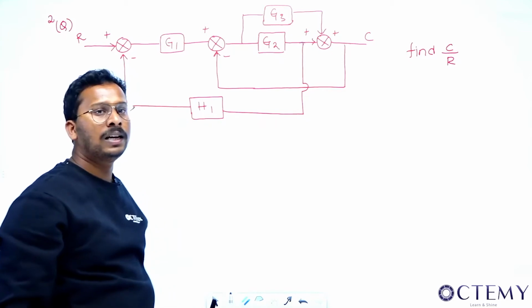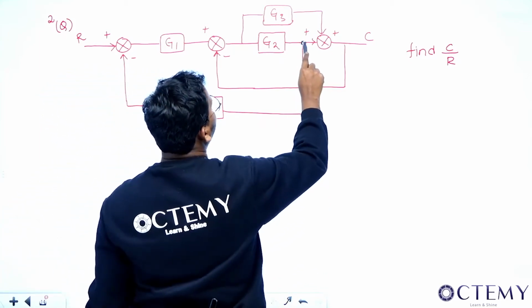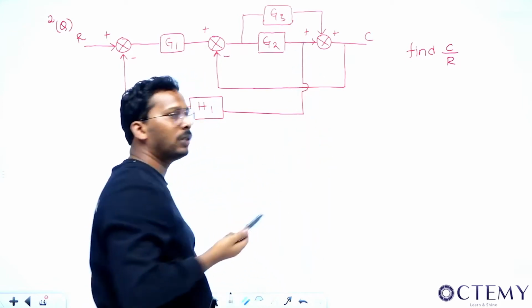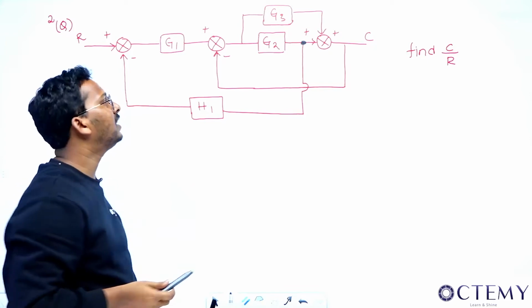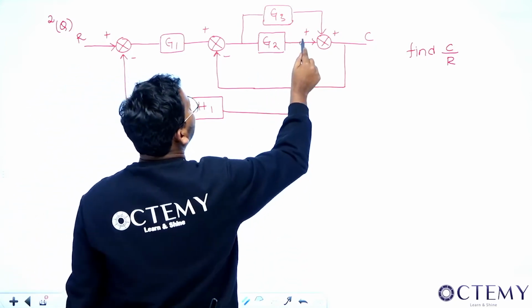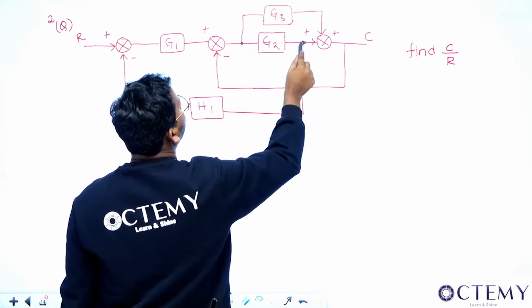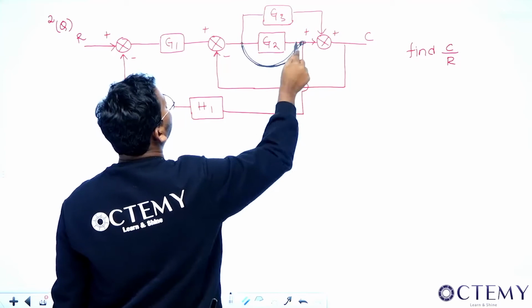Right? I told you in the rules the 7th point, sir. That is interchanging your summing point with your branch. Don't do that, sir, because that will unnecessarily complicate your problem. The easiest way is either do the 5th point or 6th point. What is the 5th point? Interchanging the takeoff point with the gain block. So move this guy here. So what is my aim? To move this particular fellow here.